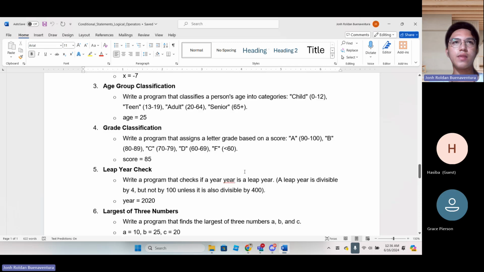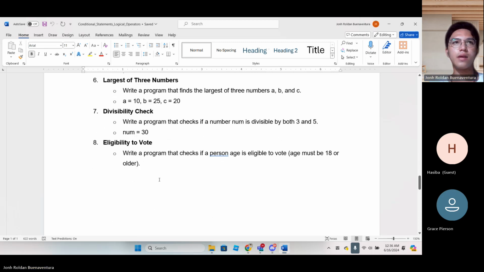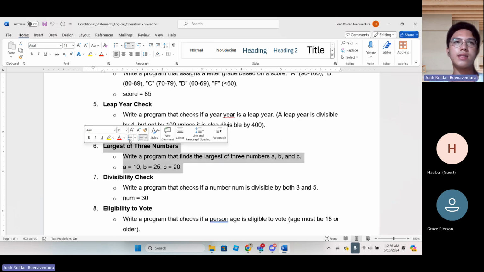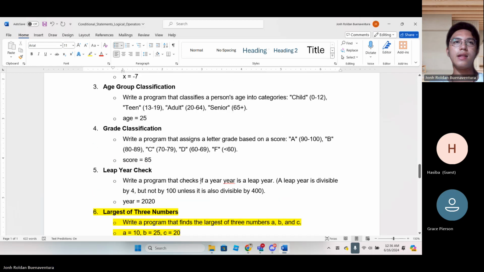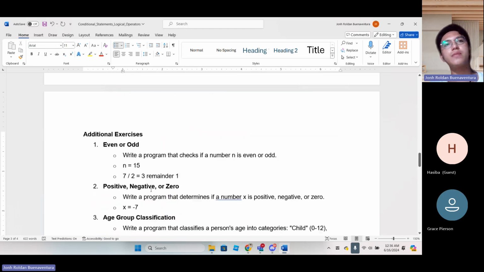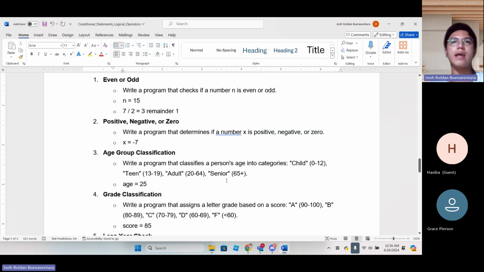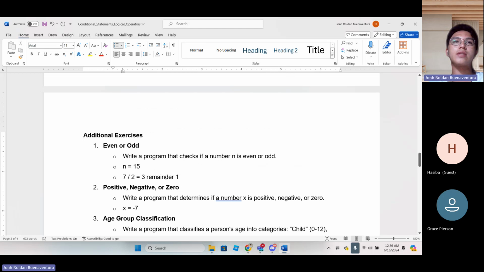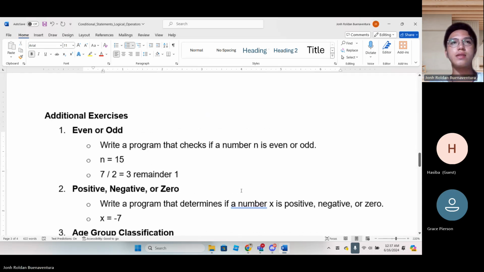The last time, we performed number 6. So let's perform the other items. We have 7 items here, and I think that's enough for us to understand the conditional statements.